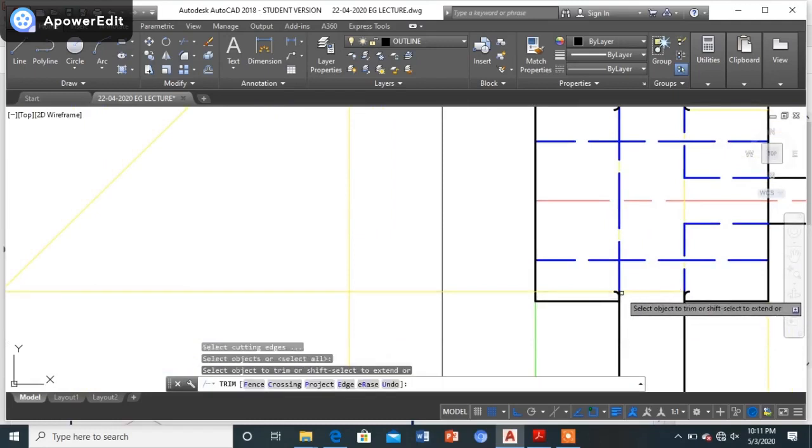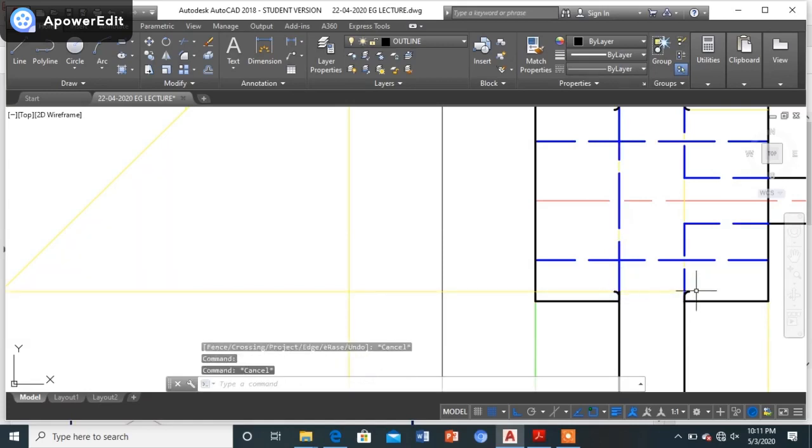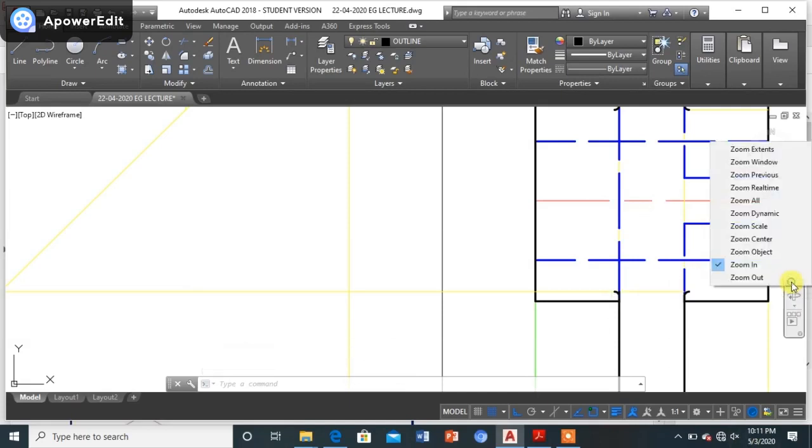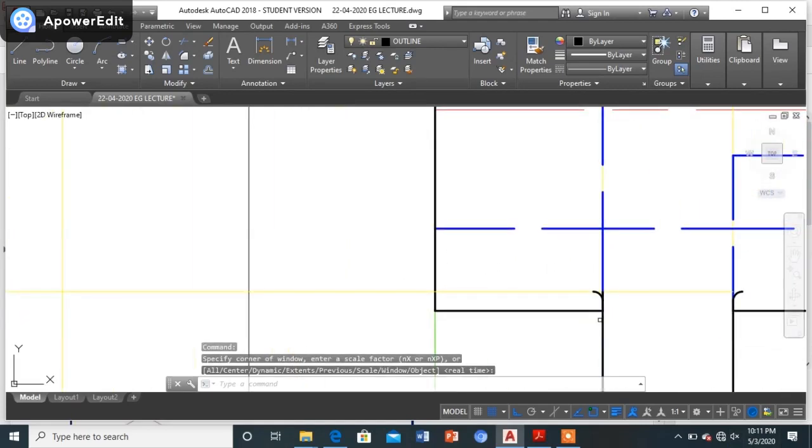So this is the one which is not required. These are the extended parts which are not required to us. So friends, let us be very clear. Okay, so let's go for the further part. Okay, simply want to trim out this part.